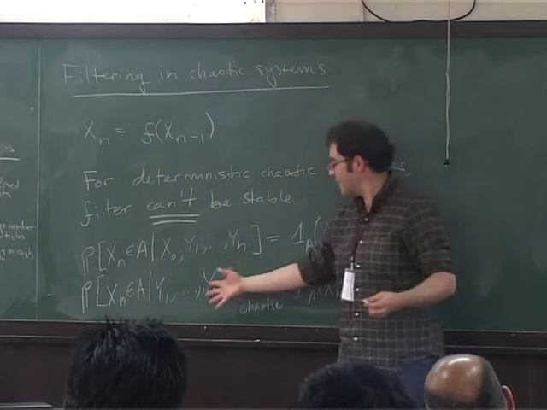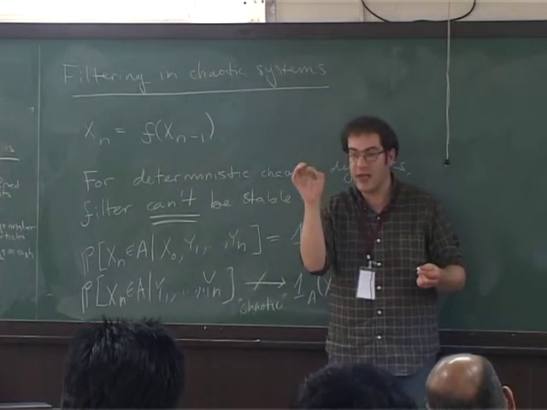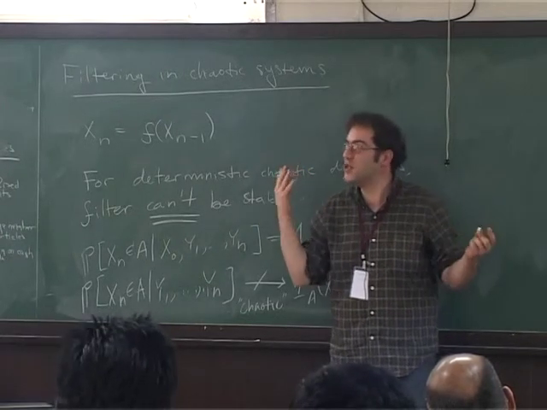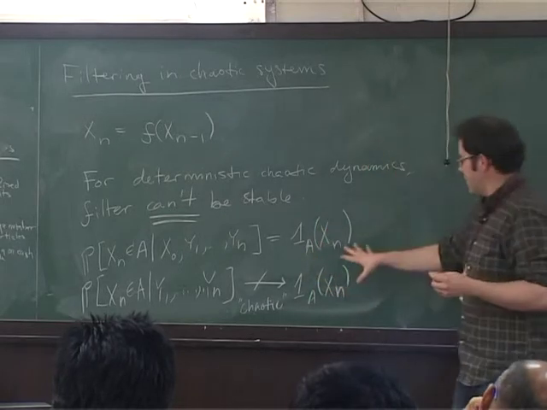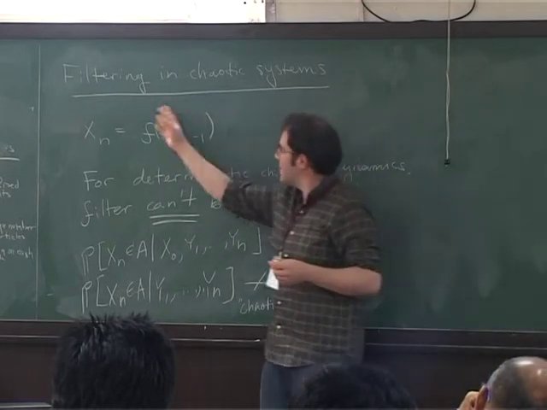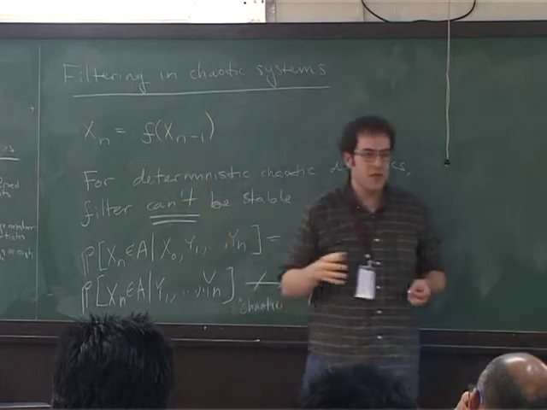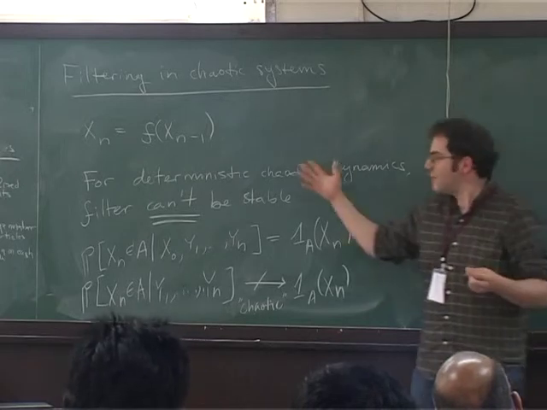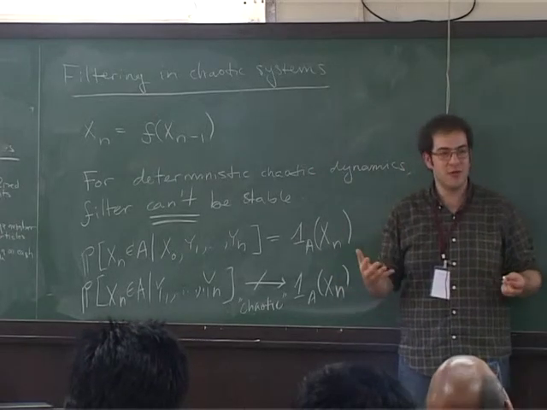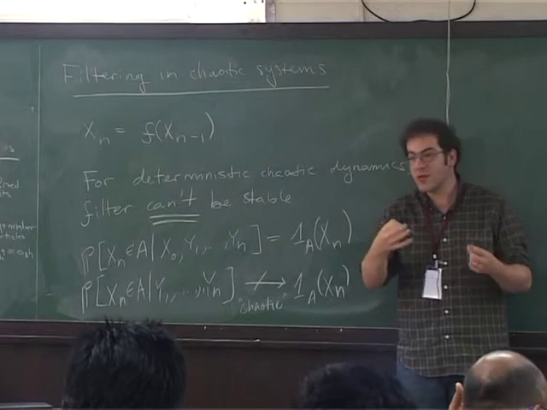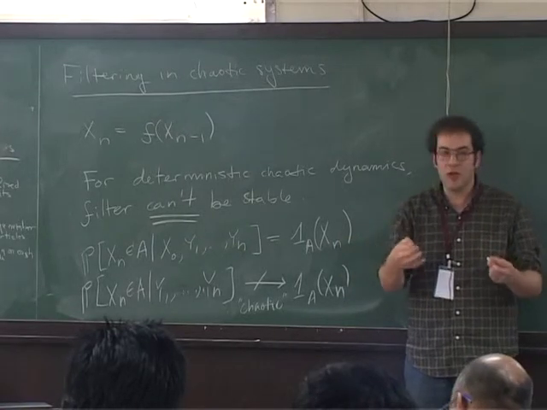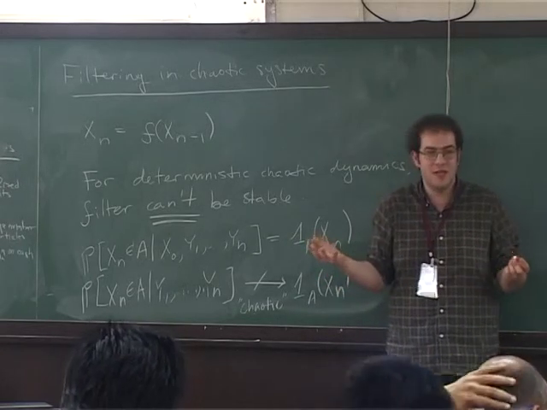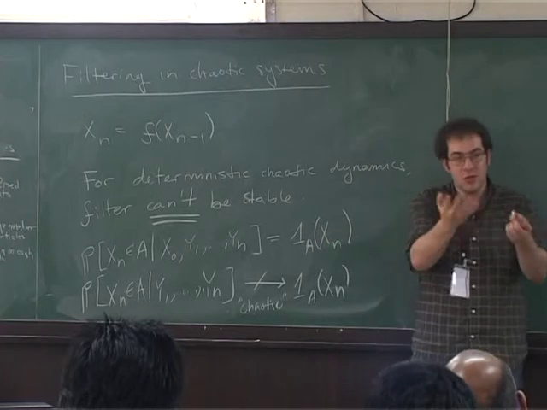Because the system is chaotic, I can never gain so much information that I can converge to exactly the point where I am. Okay. If that were true, then data assimilation would be a very much easier task, right? So you see, the reason that you use a deterministic system, the filter will not be stable, period. It's not going to be stable, which means that you don't have a dissipation mechanism for the approximation errors, which means that over time the approximation errors are going to accumulate, and the approximation is going to behave worse and worse, and that's exactly what you see in practice, right?